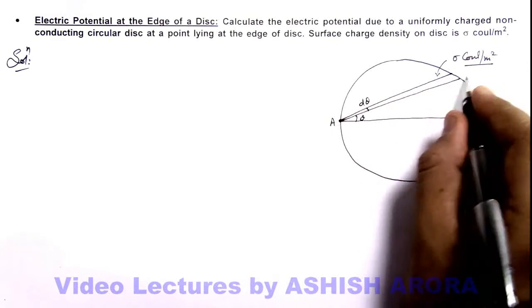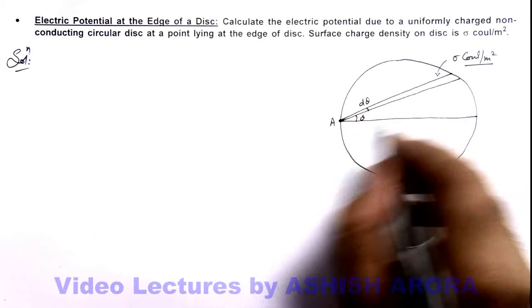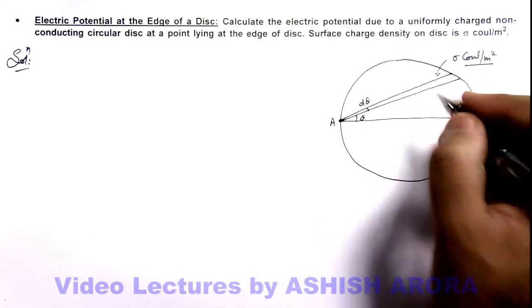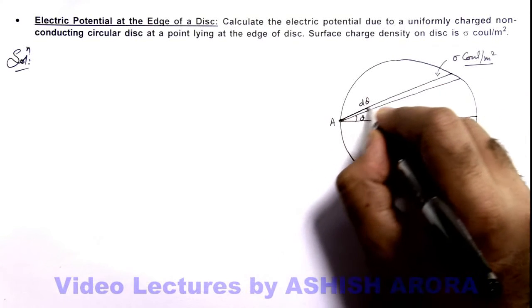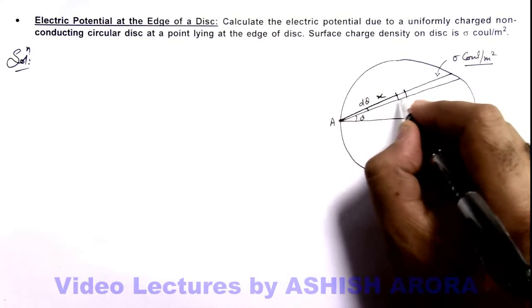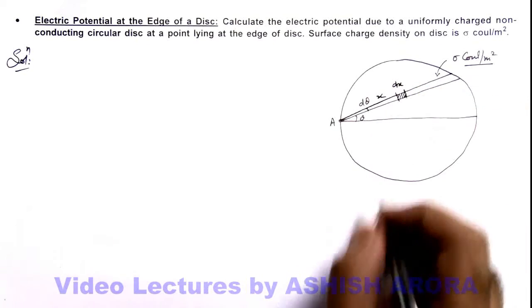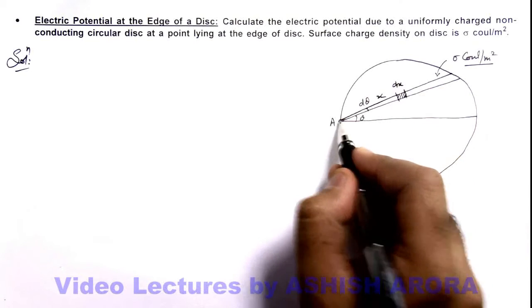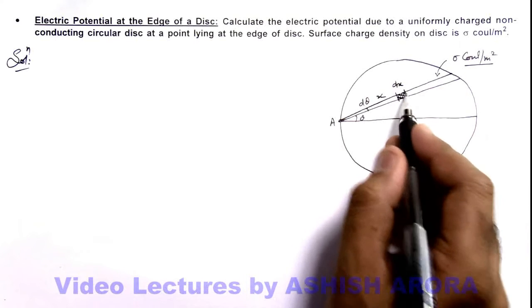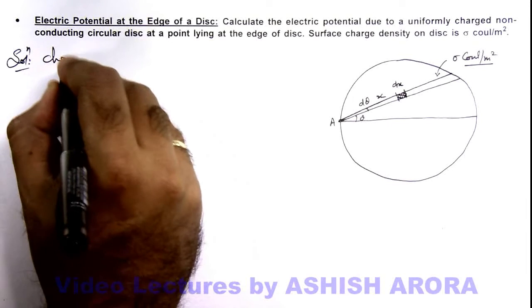Now on this rod, if we wish to find the electric potential at one end, then again we need to go for an integration. At a distance x from point A, we consider a small elemental section of width dx. Due to this element, the potential at A can be written as k dq by x. But for this, we first need to calculate the charge on